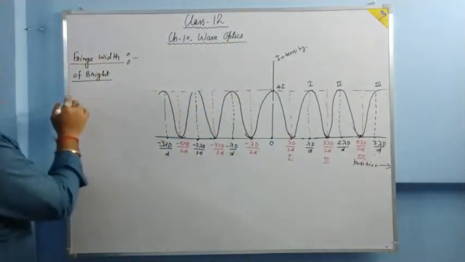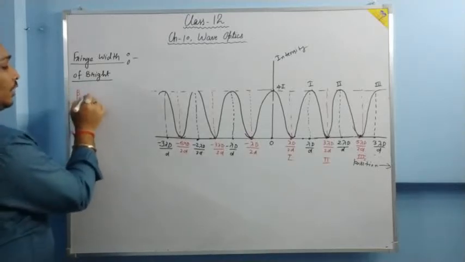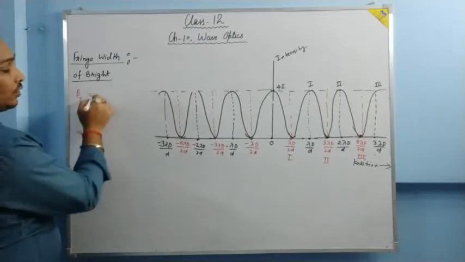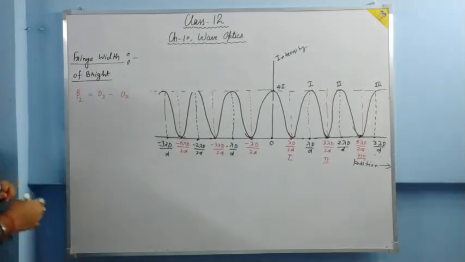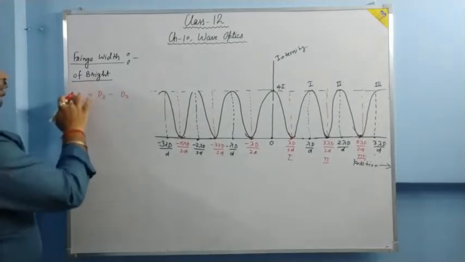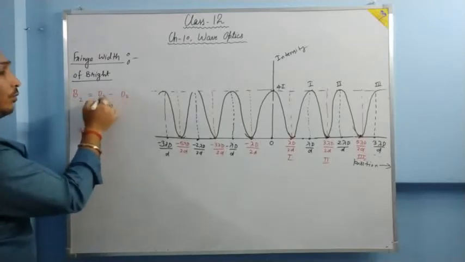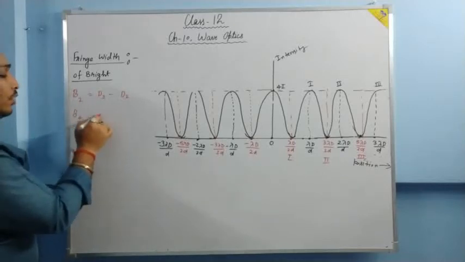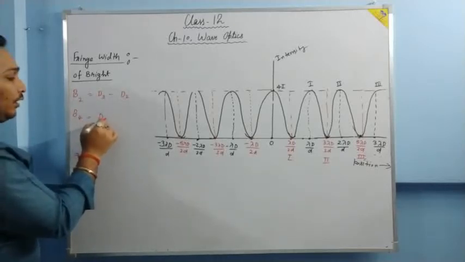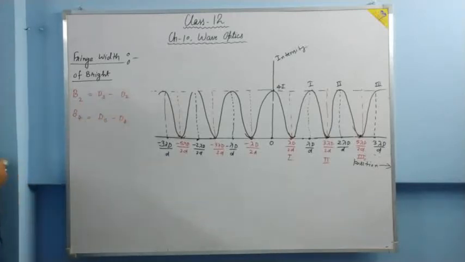What I am trying to say is, if you want to calculate the width of the second bright fringe, then we have to subtract the second dark position from the third dark position. That is, you have to subtract d2 from d3. In the same manner, for the fourth bright fringe, it will be d5 minus d4. And if we continue this pattern, then